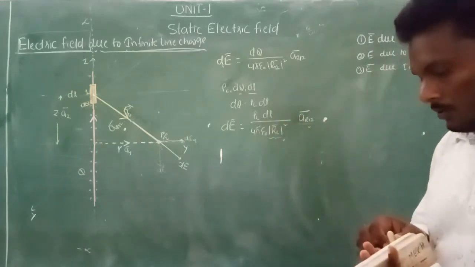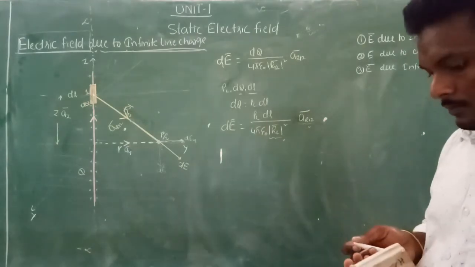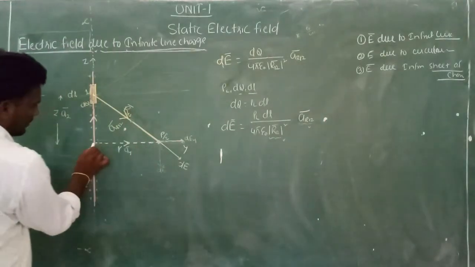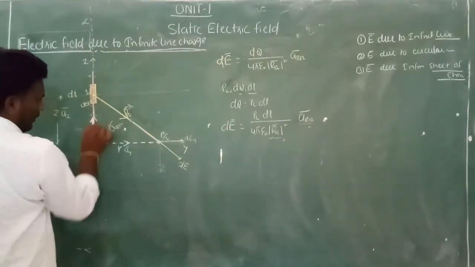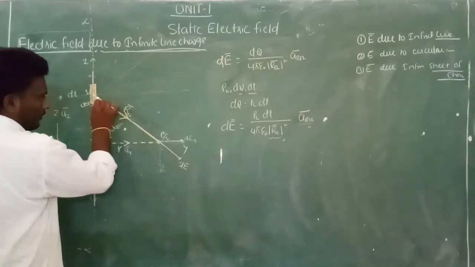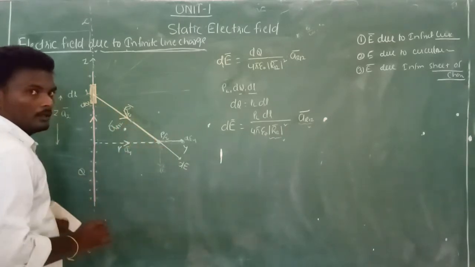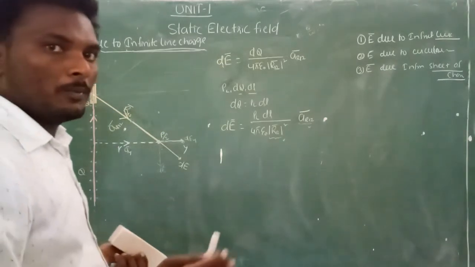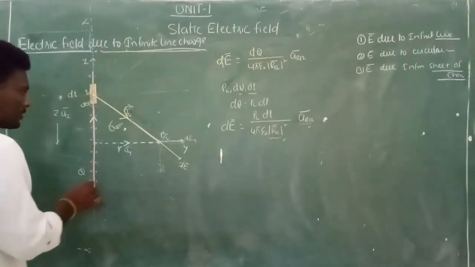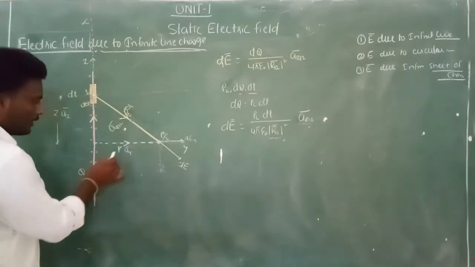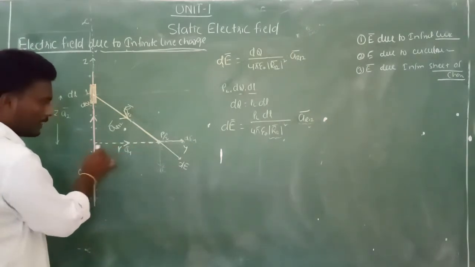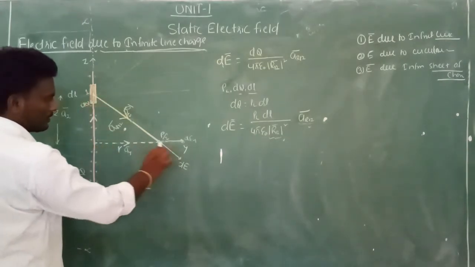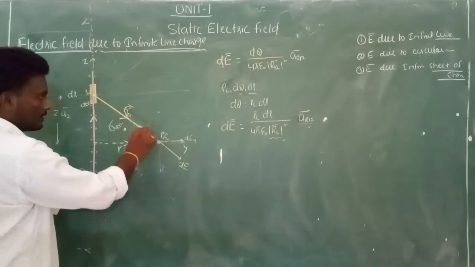Now see, how many vectors are there here? Vector A, vector B, and this is the resultant vector. From the properties of vectors, if you want to add any two vectors, they should be in the same direction. But unfortunately, we don't have vectors in the same direction here. One vector is like this and one vector is like this, but this is the resultant vector.